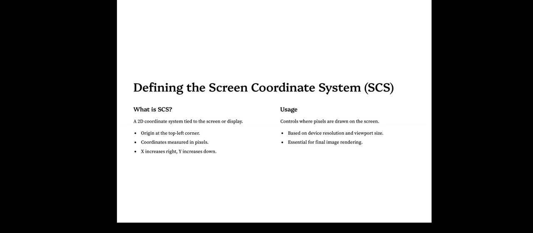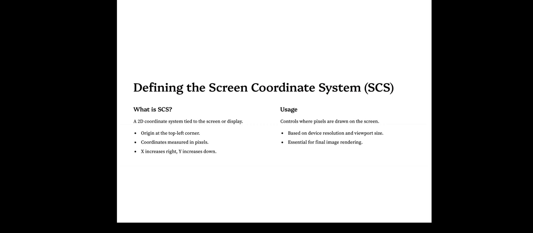Coordinates are based on the actual screen or display. 0, 0 is at the top left corner. Units are typically pixels. X increases to the right, Y increases downwards. The usage of the screen coordinate system SCS is to control where pixels are drawn on the screen based on device resolution and viewport size, essential for the final image rendering.